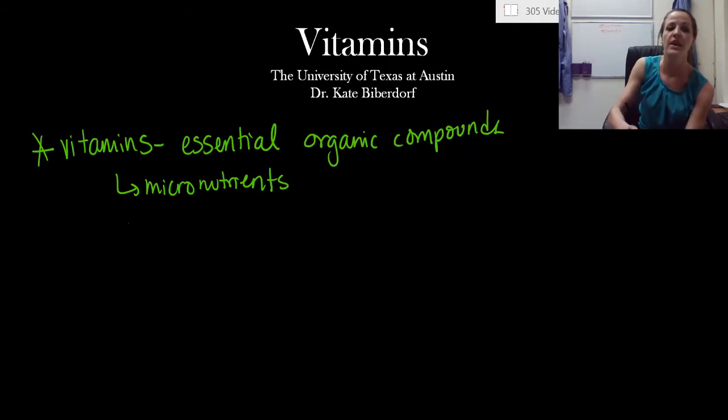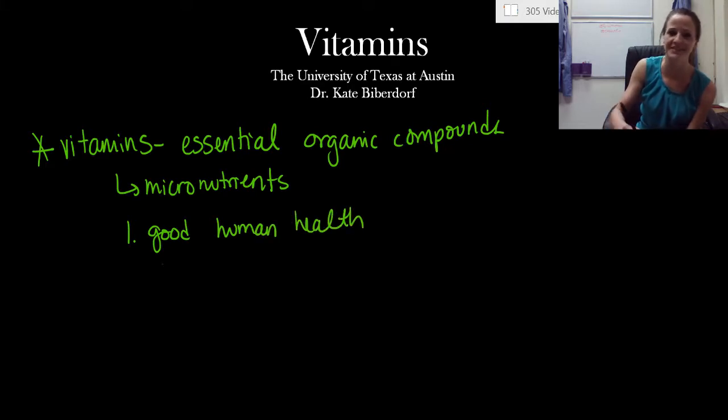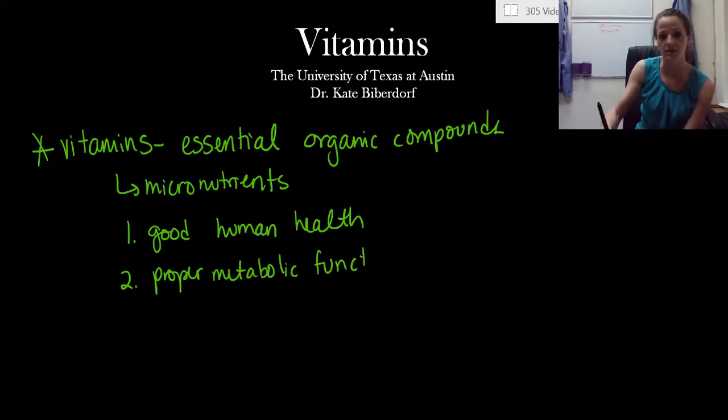So we take vitamins, or we eat a well-balanced diet, in order to get the proper vitamins into our system for three different things. The first thing is, by eating proper vitamins or eating a proper diet, it essentially guarantees good human health, okay? I say guarantee, as if something else doesn't happen, right? Number two, it is very good for proper metabolic functioning. Okay, you need these vitamins in order to have a good metabolism.